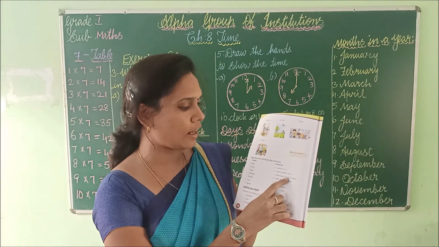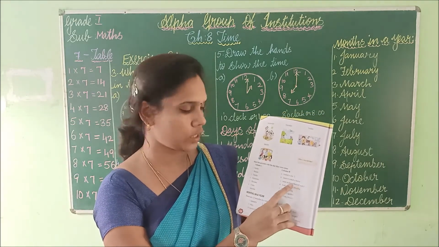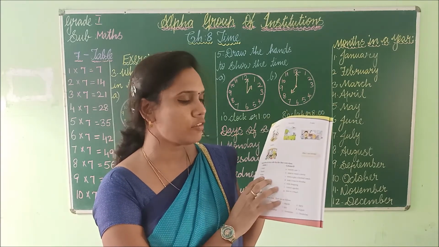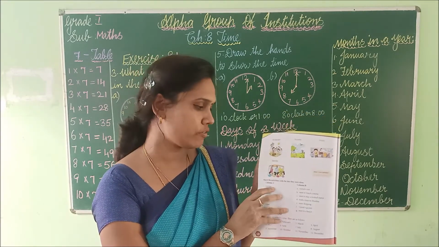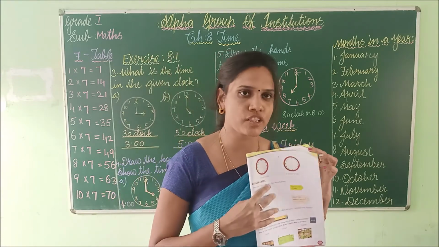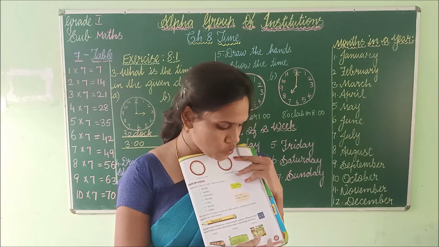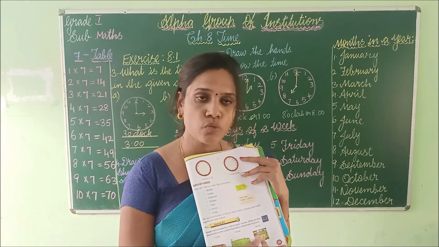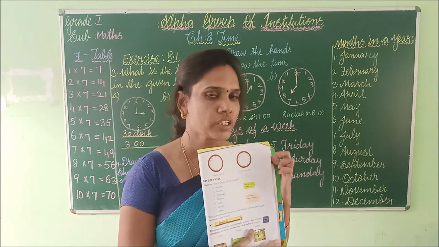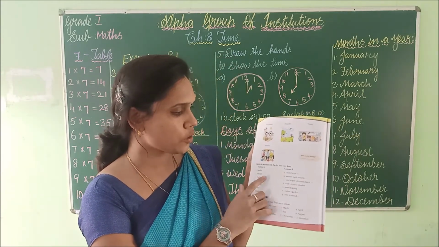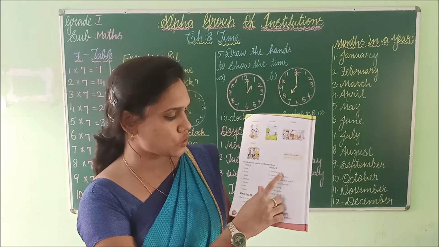Went to play a football match. Okay, that is the answer. So on Monday he is playing a football match. Fine children. What is the next day after Monday? You have Tuesday. What is he doing on Tuesday? He visited a zoo. So find out the answer here. See, Tuesday he visited a zoo.